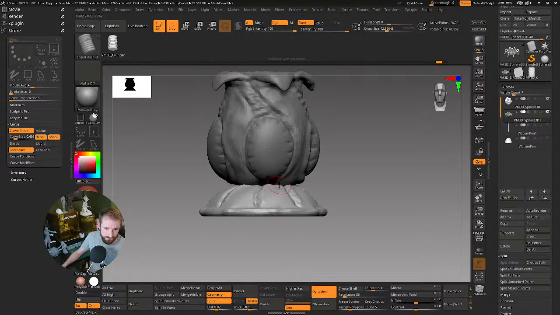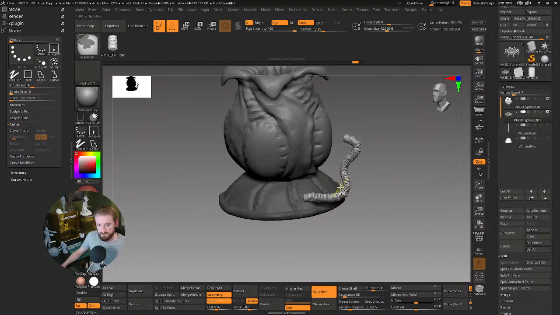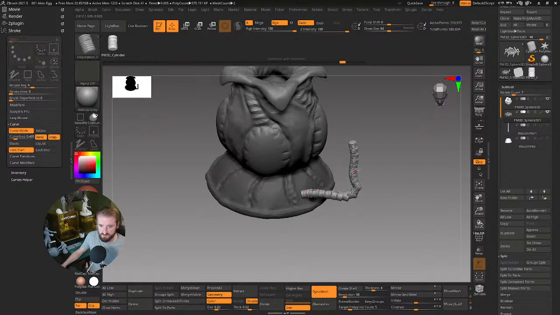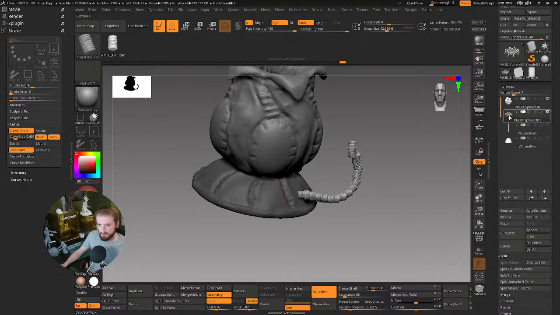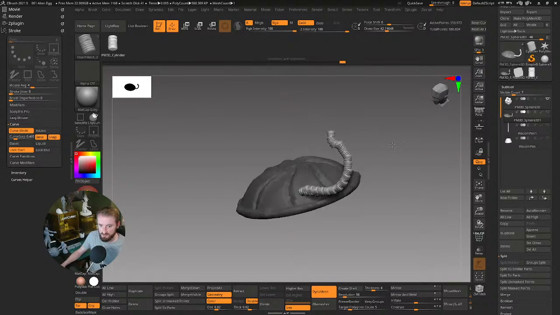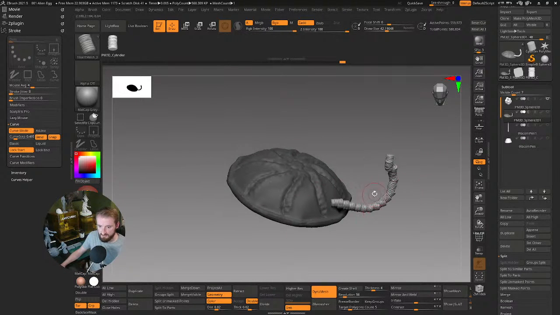We can also, I'll just use one of them for now so I can better demonstrate that, and you can see how quick and responsive it usually is when it's only dealing with a few thousand, and you can really manipulate this very intuitively and very easily, and then once you're done with the editing of the tube, you just click on the subtool that you've drawn it on, in this case the base, and then it will get rid of that line